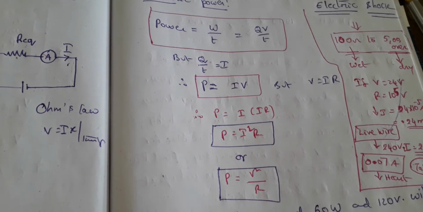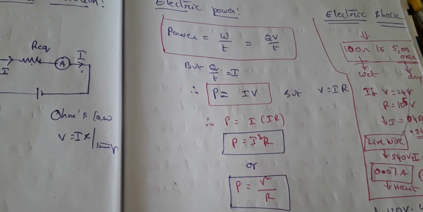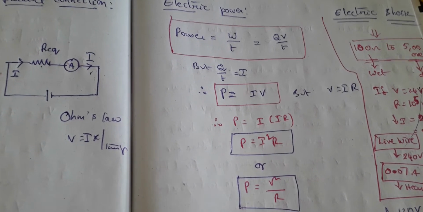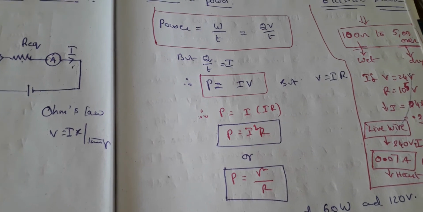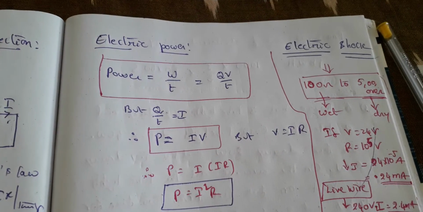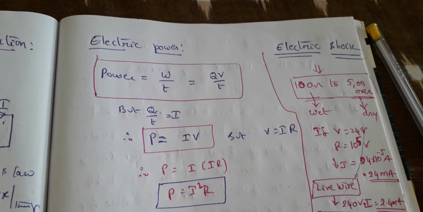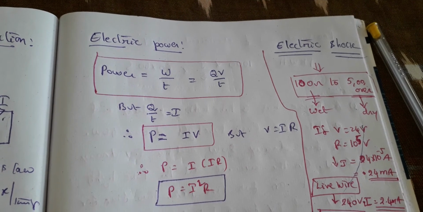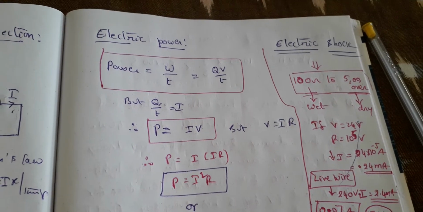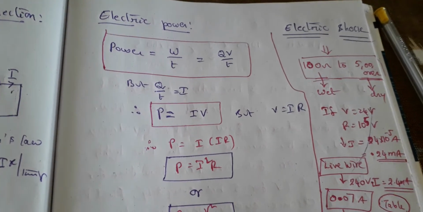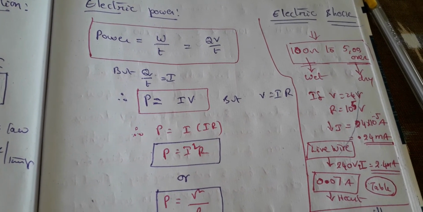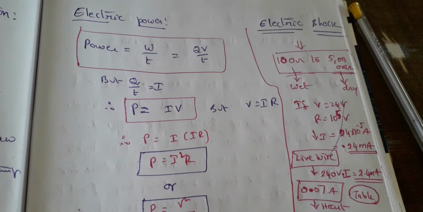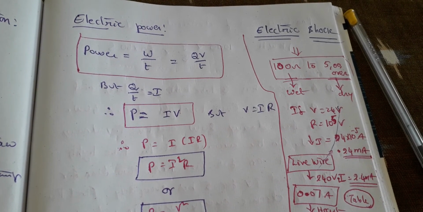So now usually we will be talking about electric shock. Just as an interesting topic, I wanted to cover this here. See, when do humans get shocked? Usually when the human body is very wet, the resistance offered is about 100 ohms. And if the body is very dry, it is 5 lakh ohms. That means very high resistance. So when a very small voltage of 24 volts or so comes in connection with the human body, the resistance offered is 10 power 5 ohms, that is 5 lakh.